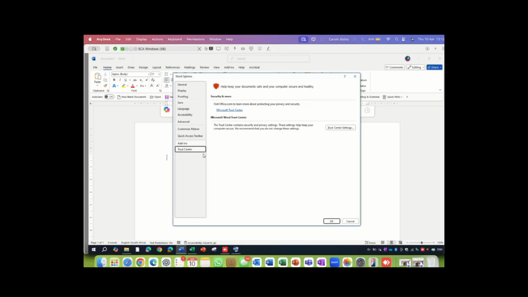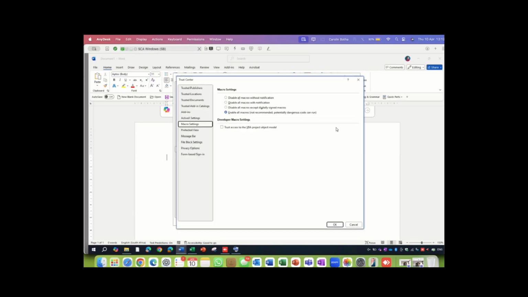When you go to the Trust Center in your file options, the Trust Center settings, and guys, this is a suggestion. Don't go and fiddle with this if you have an IT team looking after you. Go and test it with them if this is allowed in your company policy. Personally, I set the settings so that I don't have any problems opening attachments or any files that I get, that I don't have any interruptions. So I'm going to start at the bottom. First of all, make sure that it says ask me, don't block things.